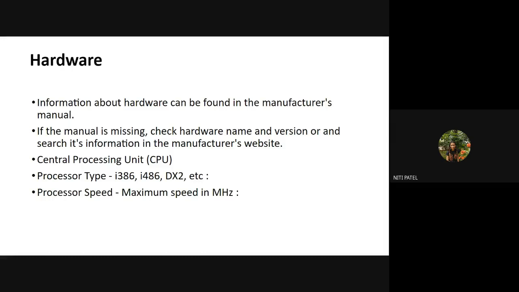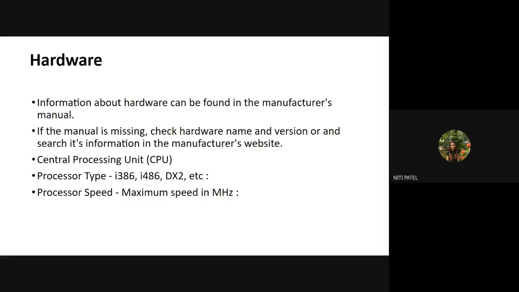So before you buy any device, you should always check the processor compatibility also, because you have different types of processors. AMD is one of the processors, IBM has generations of processors, and Intel has generations of processors. In the previous time we had the 80, 85, 80 series. All these are different types of processors, and every processor supports different types of devices. But it is always said that Intel will support all kinds of devices. So whenever we buy, we generally prefer buying Intel processors. And from there we select whether we want i3, i4, i5 or i6 depending upon what speed or what kind of work I am going to do on the system.